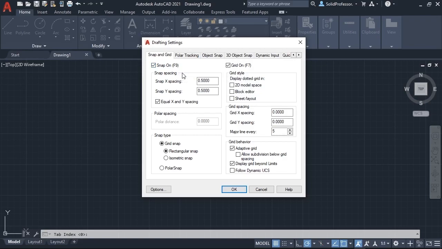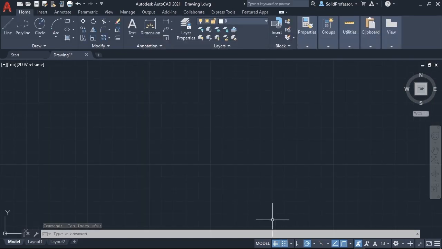Note that this spacing doesn't need to match the grid spacing, though I tend to find it a bit confusing when it doesn't. For this lesson, I'll set the snap spacing to 0.5 for the X spacing and 1 for the Y spacing, while using a grid spacing of 1. I'll click OK. Make sure both drafting settings are on by making sure their icons are blue,